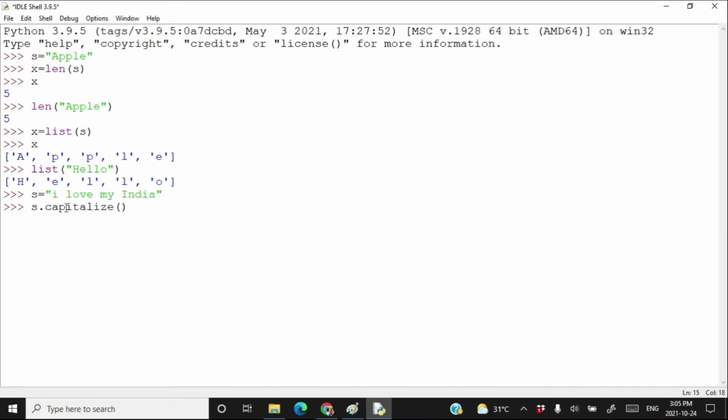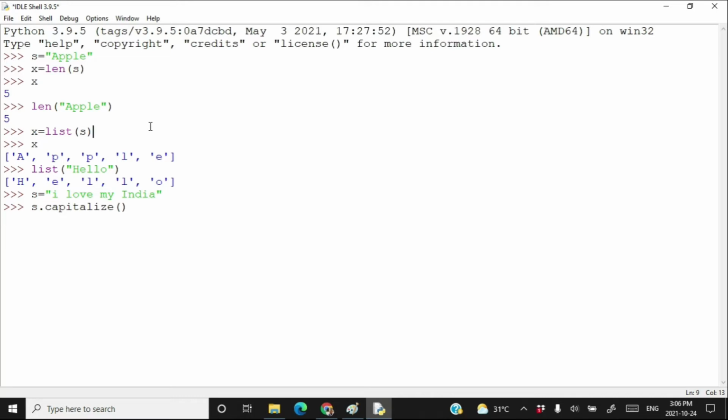Notice here that we are not passing the string s to the capitalize method, we are calling the capitalize method by using the string s. So there are two ways to call a function. Right now I cannot explain why such two ways exist, because calling a method by using a string object is a matter of the concept of class and object, whereas passing the string object to a method is a matter of functions and methods. And I think in class 11th you don't know any of them.